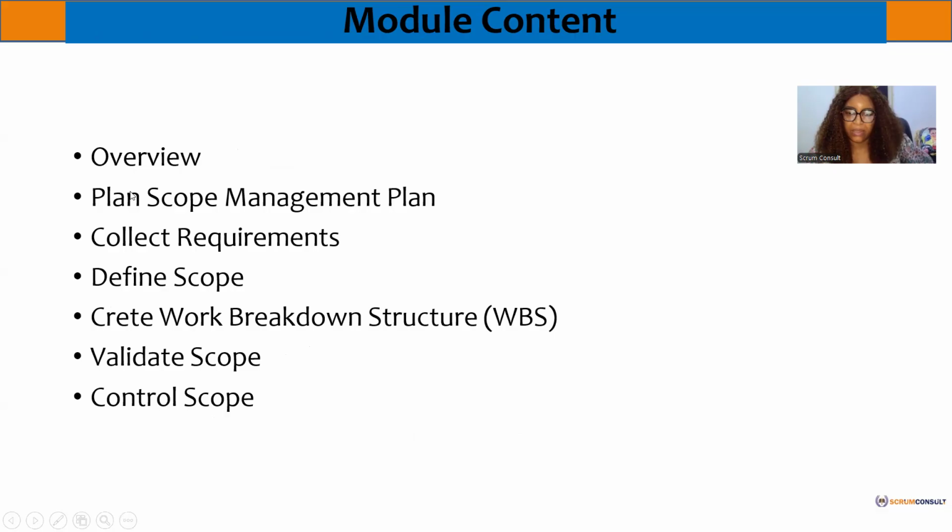Now, at this level, very important, in your PMP questions, you'll find out that they might give you a scenario that the requirements for the project have already been collected, right? And they are telling you that when we were creating the work breakdown structure, we found out that there were a lot of things that were not aligning to the project goal. What should you, as a project manager, as a project leader, have done differently?